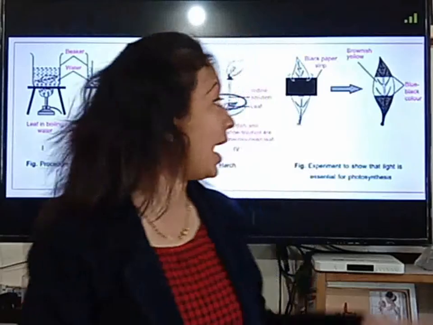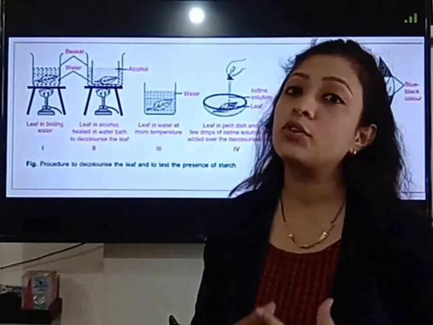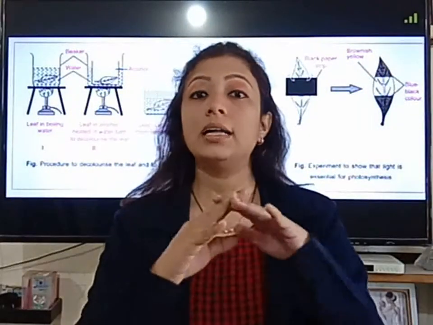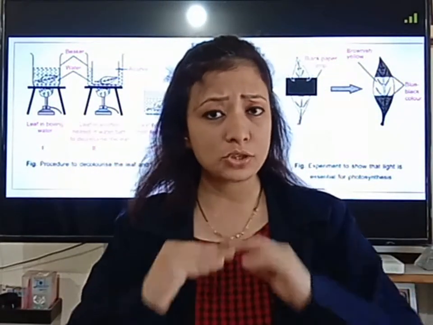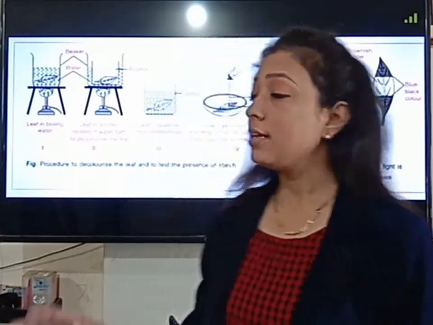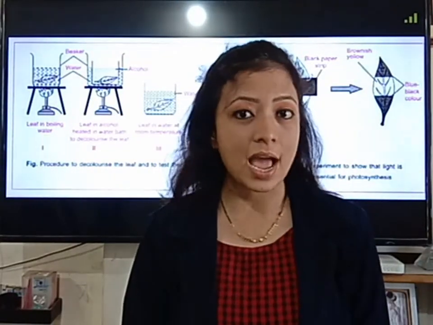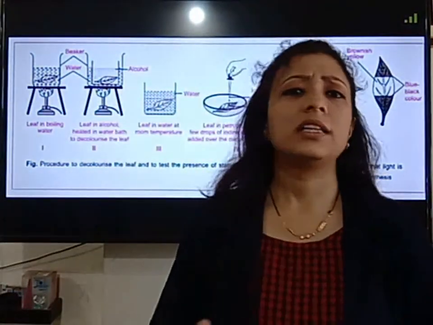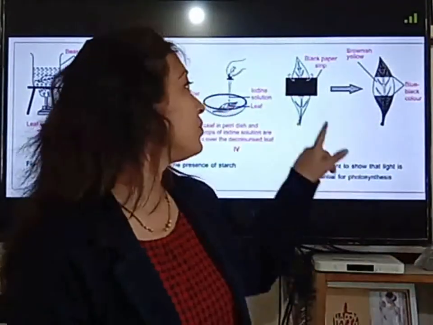And children, you will observe that this middle portion, which was covered by the black paper and hence was not exposed to the sunlight, will remain decolorized. That portion will remain decolorized. It will appear whitish and creamish only, children, because this part was not exposed to the sunlight and hence did not perform photosynthesis, and hence this middle portion did not have starch, and in the absence of starch there will be no change in the color of the iodine solution. So that portion you will observe remains